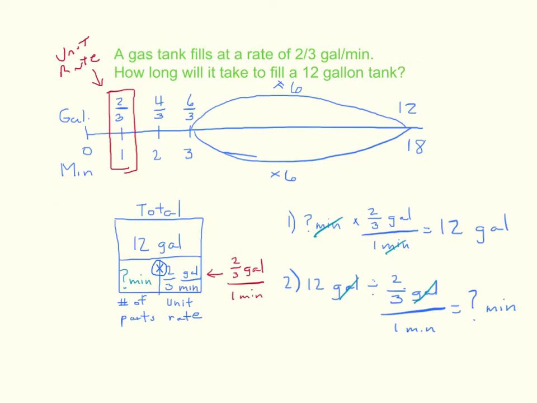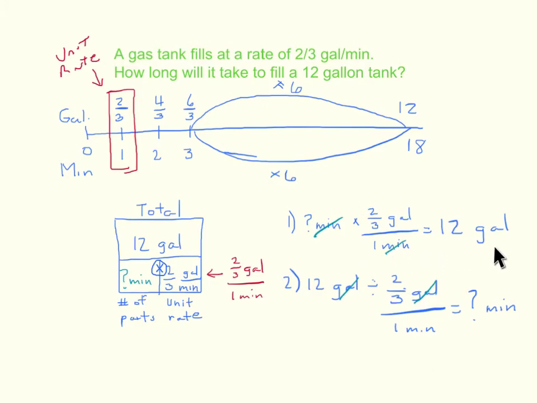So from this word problem, we know that we have 12 gallons total, and the other piece of information that we know we have is this unit rate of 2/3 gallons per minute. And another way of writing that is to actually show the 2/3 gallon per 1 minute. What we don't know in this problem is the number of equal parts. And so at this point we could set up a multiplication problem with an unknown factor. An unknown number of minutes times the unit rate of 2/3 gallons per 1 minute is going to give us